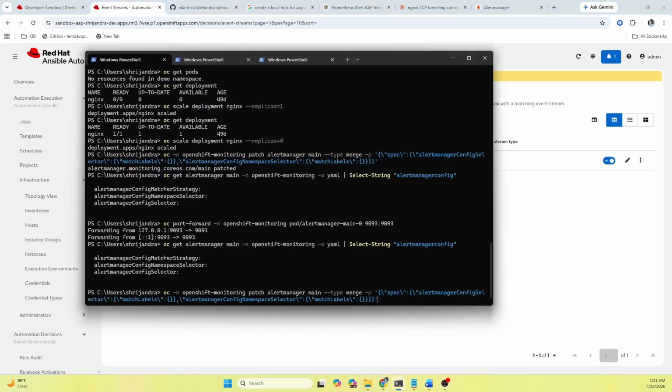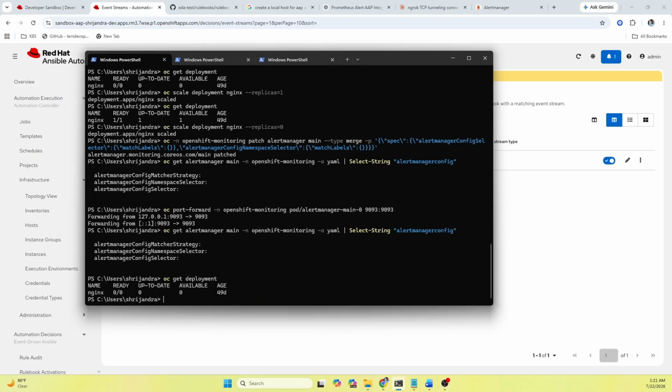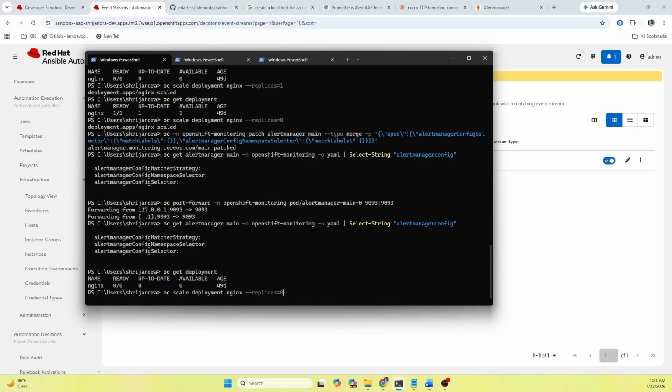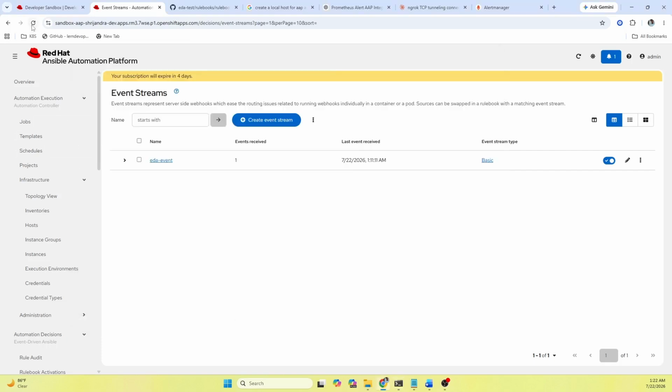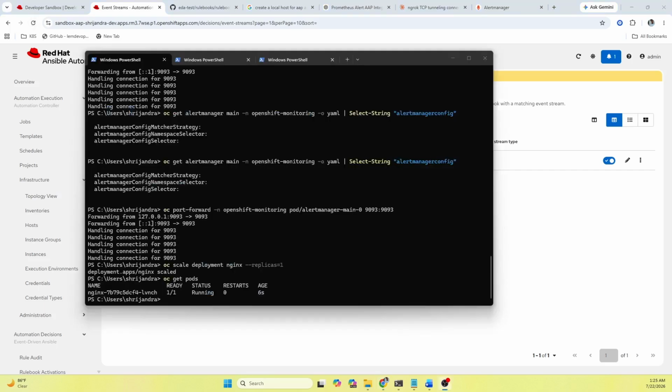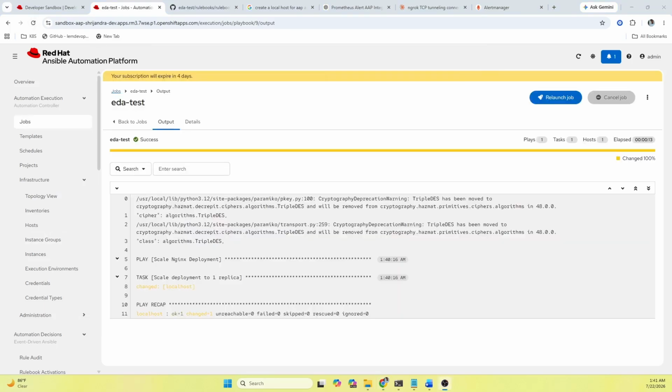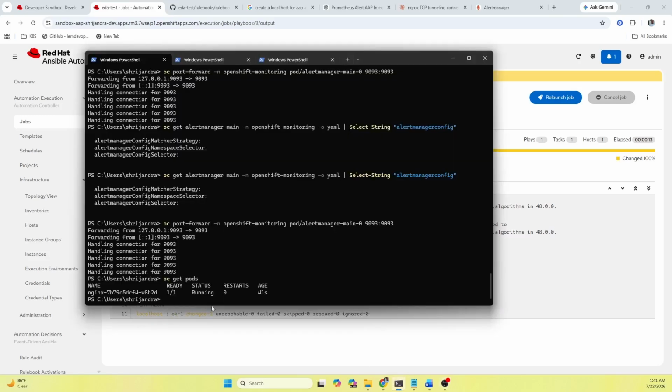So when it's OC get deployment, that's 0. OC get pods 0, it will take some time. So let me pause this. So I manually tried to trigger this job, and it is able to run. So I would like to start again, and so we have